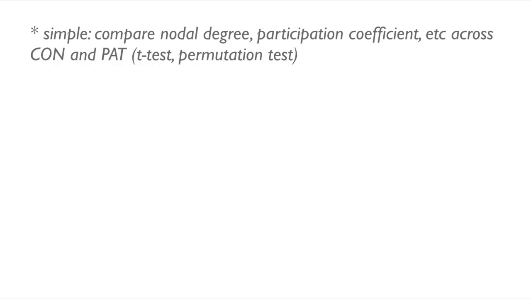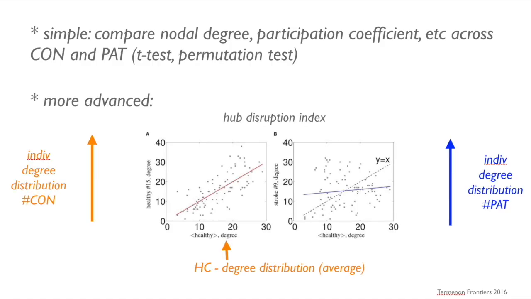And this is very often a common way to do it. But there are also more advanced ways. One method was introduced by Janine and colleagues, in which they said, you know what, we can also, for every individual, compare how well the degree distribution of that particular individual would fit what we would expect from a healthy degree distribution. So this means we first compute the degree distribution on a population of healthy controls,